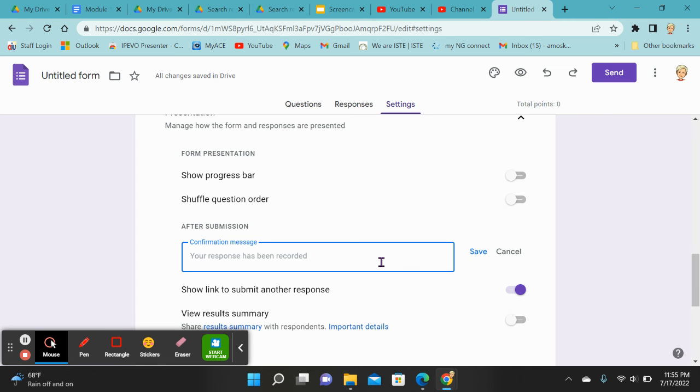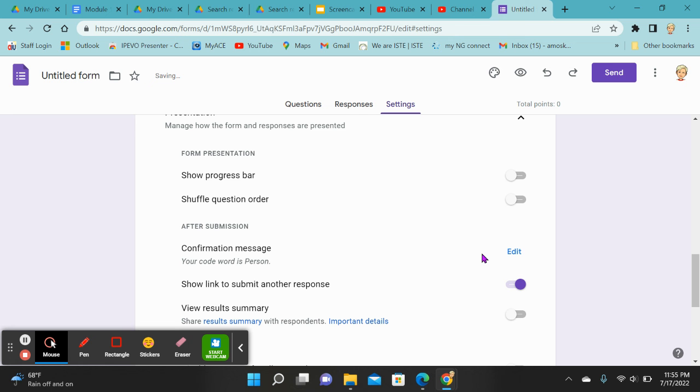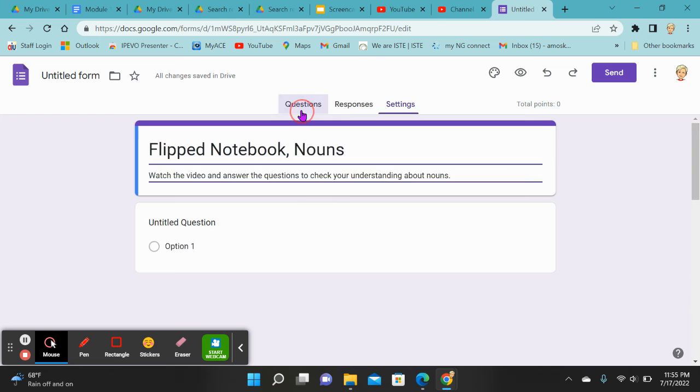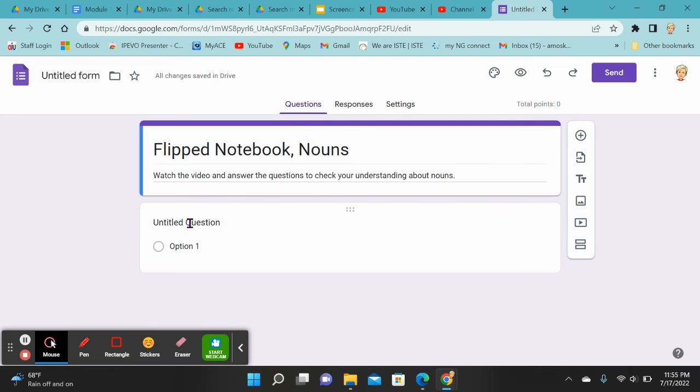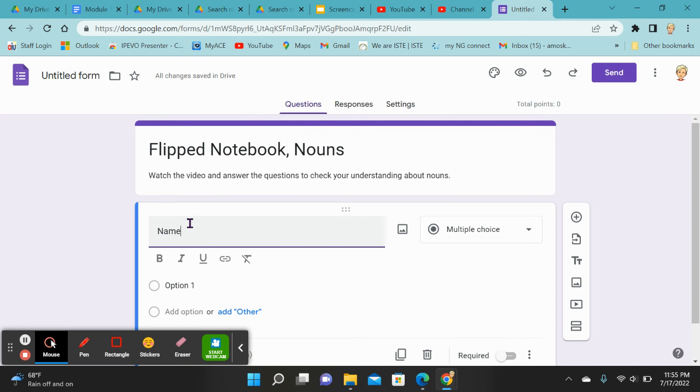One of the fun things that I like to do is put in a secret message or a secret code. So your code word is person. And then if they come in and tell me the secret code word, then sometimes they'll get a bonus point, or it's just something that's more fun and more encouraging and motivating for my students to do their work. So once I have all that set up, my first question that I always put in is to